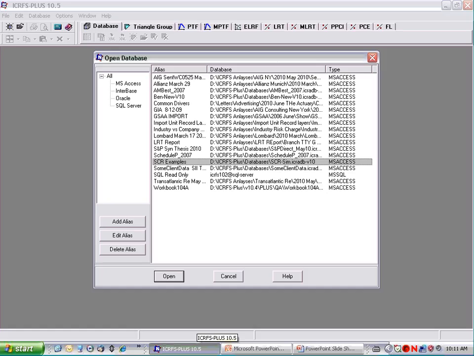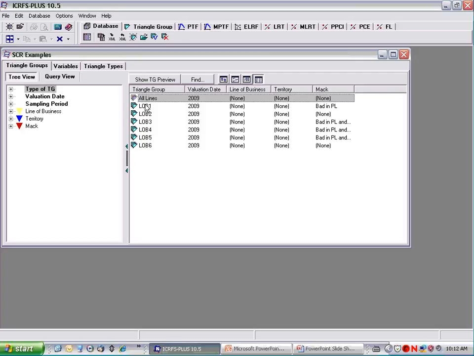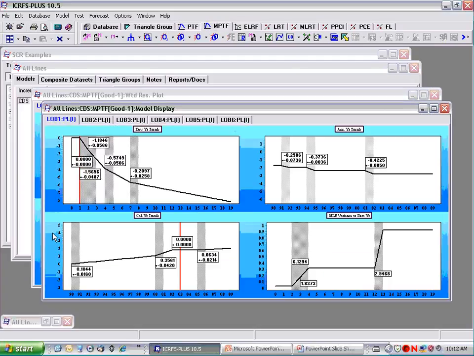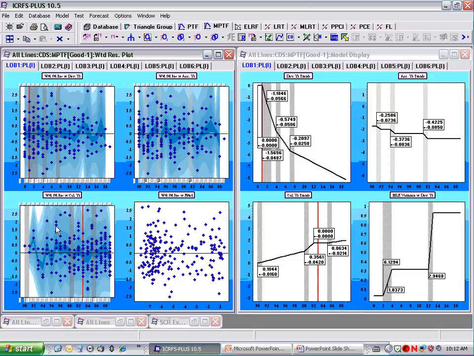In this video, we're going to look at a real-life example involving 6 lines of business. We're going to run the composite model for the 6 lines. And you will see that if we go to LOB4,